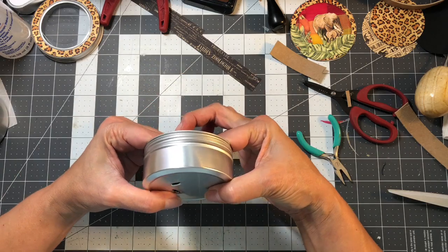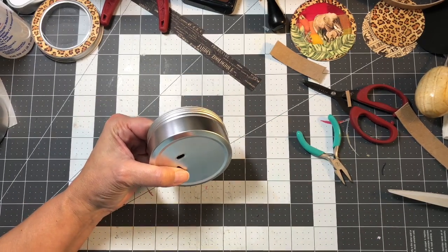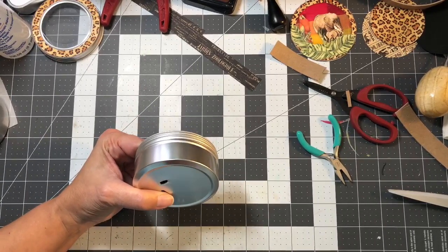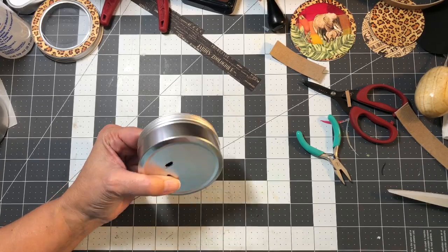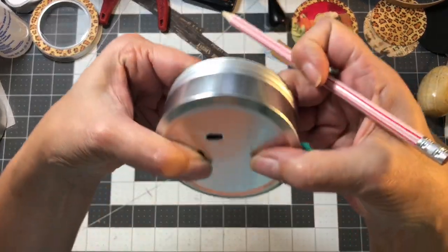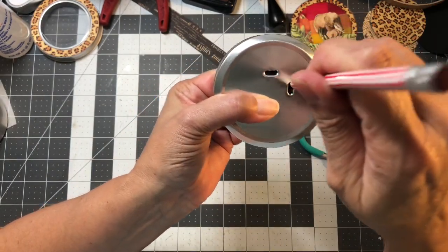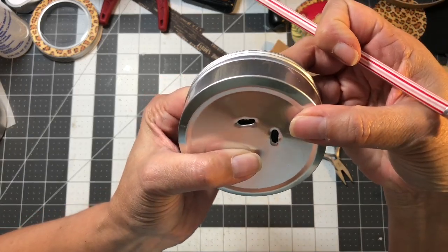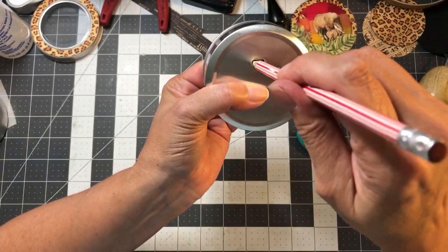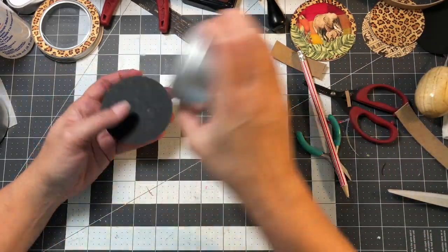center it up, and then we're going to take a pen or a pencil. Okay, here's a pencil. I'm going to take a pencil, and you're going to want to mark out where these holes are with your pencil. Try to make sure that your paper on the inside doesn't slip. So now pull this out,